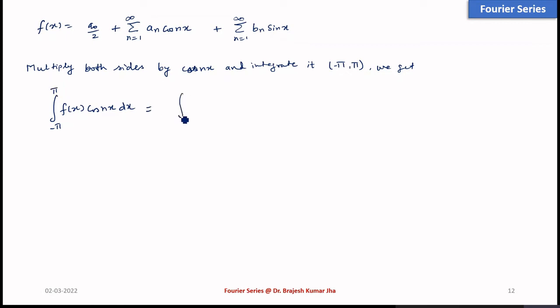This equals the integration of a0 by 2, which you can take outside, so it is cos nx dx from minus pi to plus pi. So this is going to be 0, plus the integration from minus pi to plus pi of summation an cos nx into cos nx